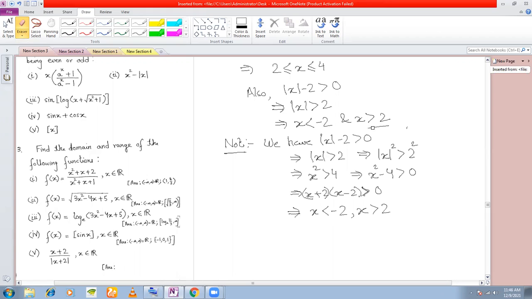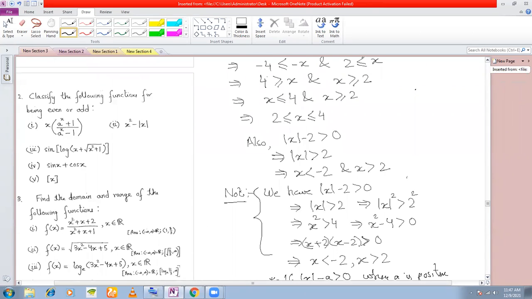Okay. So any question that you get involving inequalities, you can always do with this approach. Or better still, remember that if you have mod x minus a greater than 0, where a is positive, you can remember this, then you must have x less than -a and x greater than a. Okay, so if you remember this, you won't have to go through all this. Okay, so that was the explanation for this.